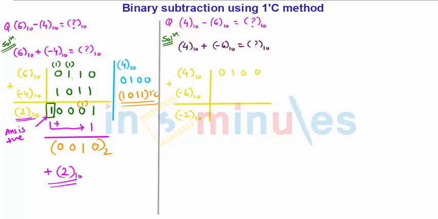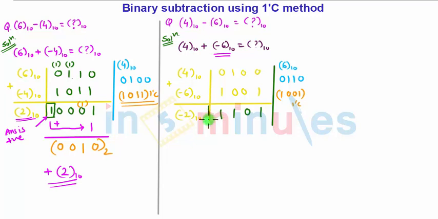As you know, I am going to represent 6 in ones complement form. So 6 is represented as 0 1 1 0, and if we take its ones complement the value will be 1 0 0 1. So this is nothing but the ones complement representation of 6, 1 0 0 1. I will write it down here. Let us see what answer we got for the simple addition of 4 plus minus 6, which is represented in ones complement format. It will be 1 0 1 1.